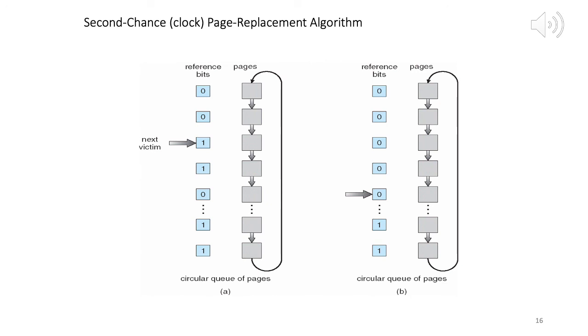Just have one bit with each page, the reference bit, and inspect each page in a circular clock fashion. The goal is to find a suitable page for eviction, and to select that, inspect the reference bit for that page. If the reference bit is 0, evict that page. If the reference bit is 1, don't evict the page, set the reference bit to 0, and move on to the next page. In this way, this is called the second chance or clock page replacement algorithm.